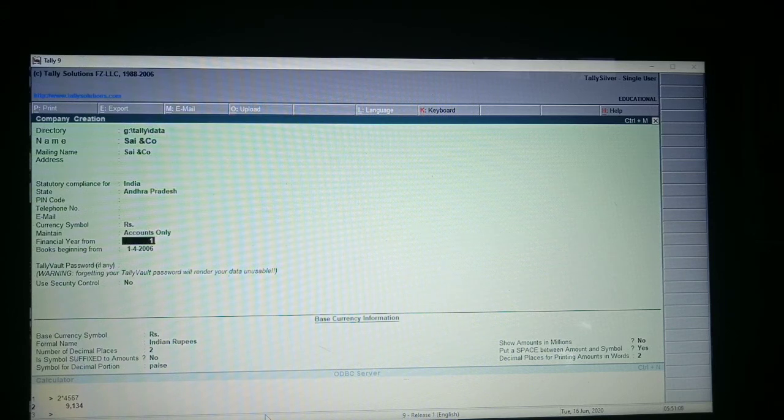Financial year from, change that year, and books beginning. We didn't make any changes here, but automatically whatever changes there are in financial year are copied here. 1-4-2020. There is no rule that the financial year from and books beginning from must be the same.